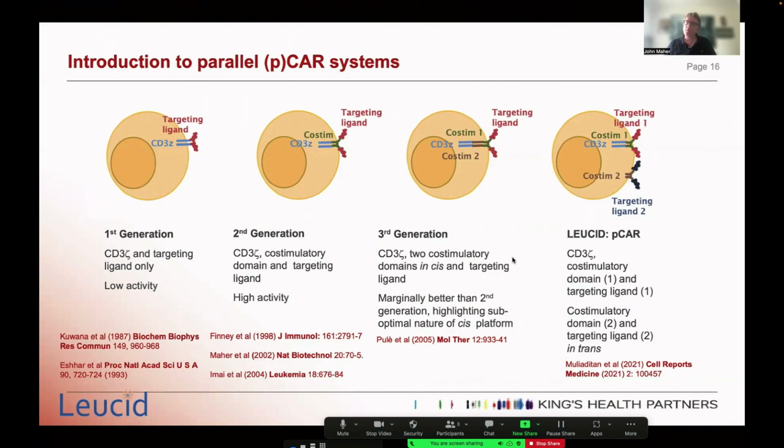To fix this problem, we designed an architecture which you can see on the right of this slide called a P-CAR, or a parallel CAR. What a parallel CAR consists of is the co-expression of a second-generation CAR, for example, containing CD28, alongside a second receptor, a chimeric co-stimulatory receptor, which contains a different form of co-stim domain, such as 4-1BB, for example. With this parallel CAR architecture, both of the co-stimulatory domains are located in their natural position next